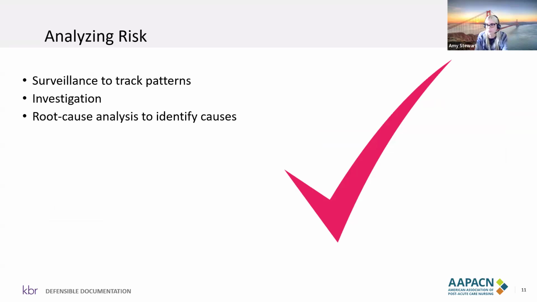I am a huge root cause analysis person, so I would say use root cause analysis for every single fall that you have. Why did this happen? Sometimes we might think it happened because somebody didn't have their slippers on, but realistically it was because there wasn't staff. I actually had this happen. All of the staff were on break at one time and someone needed to go to the restroom. So again, that was a process issue, not just a people issue. So looking at your processes, and if we had not done a root cause analysis, we wouldn't know that.